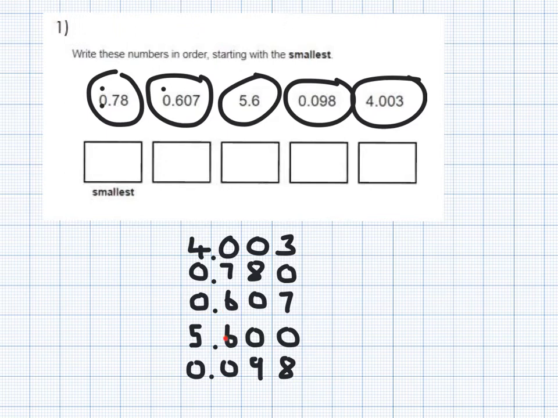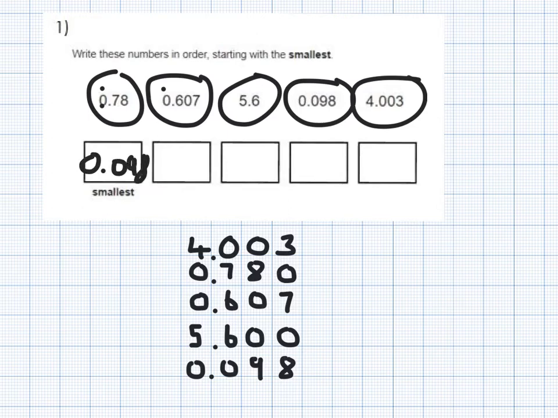So we look at the next column, because this is the tenths column, which is worth more than these other columns. And so in this tenths column we have got, out of the numbers that we're interested in, which are these ones with the 0 at the start, 7 tenths, 6 tenths, or no tenths. Now 0 is smaller than obviously 7 and 6, so the smallest value number is 0.098, and that can then go in here,